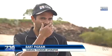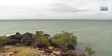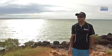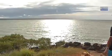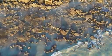You'll probably have thousands more tourists coming to Broome to look at these dinosaur tracks because it's world-renowned. And we'll be behind the 8 ball. Tour guide Bart Pigram is a Yarroo man who says protection plans are urgently needed as interest grows in WA's Dinosaur Coast. It's a high risk, and this is where I think we need to be proactive and get some